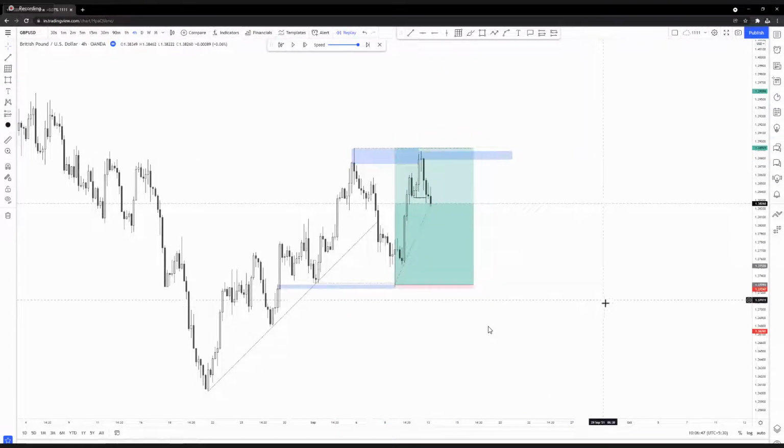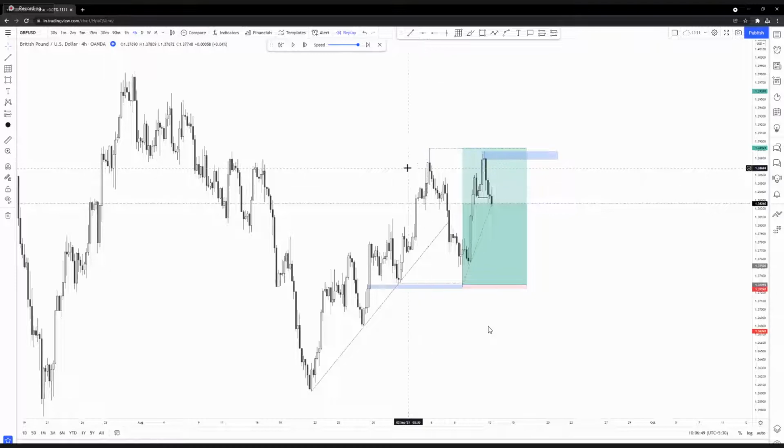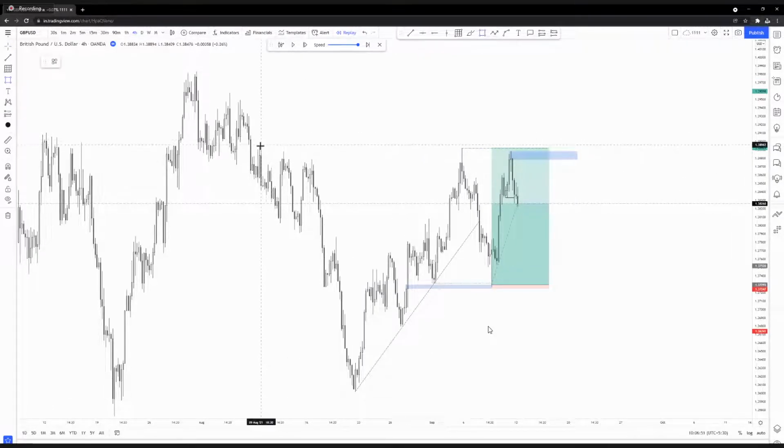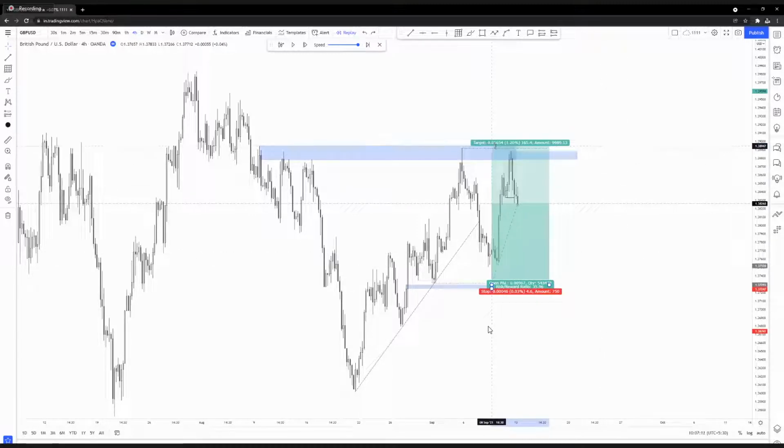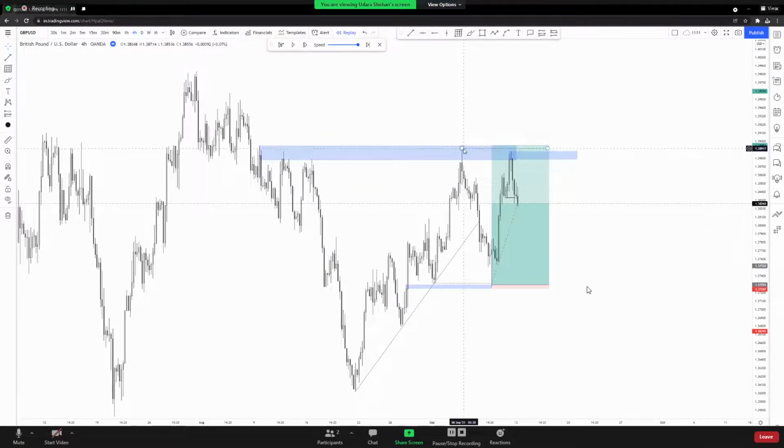But if you take a look into the bigger picture, look at all of this liquidity getting built up, a fake resistance. See that? Every single time price comes into that level, what happens? It drops. So that's a retail resistance. We are not going to trust them. The retail resistance should be our target.